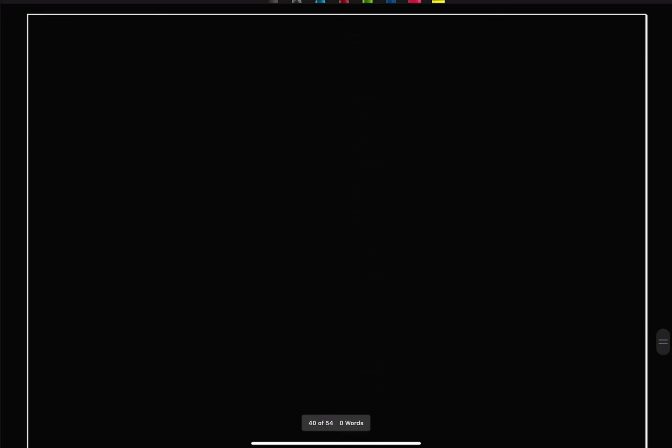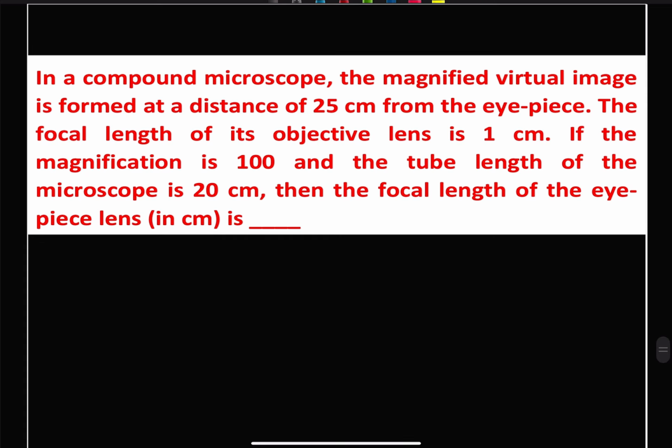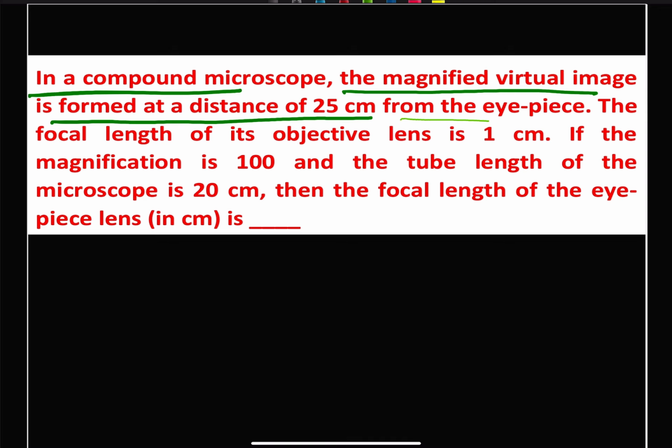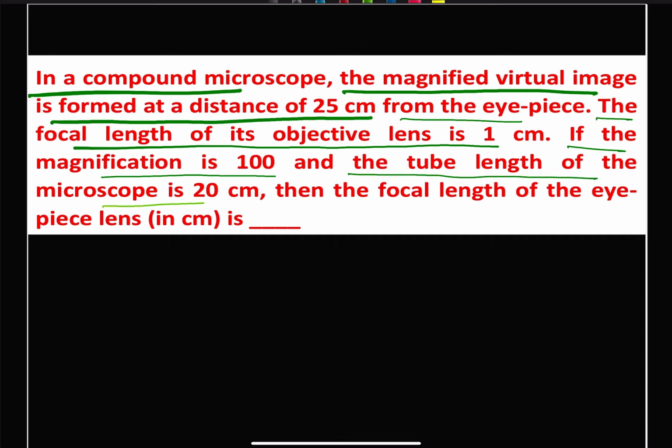Next question, and it states that in a compound microscope, the magnified virtual image is formed at a distance of 25 cm from the eyepiece. The focal length of its objective lens is 1 cm. If the magnification is 100 and the tube length of the microscope is 20 cm, then the focal length of the eyepiece lens is. So in this case we are given